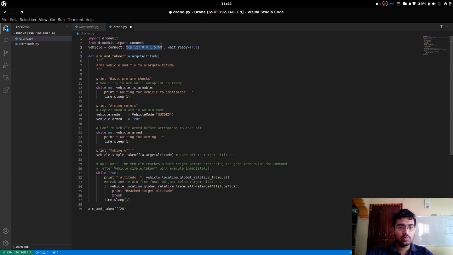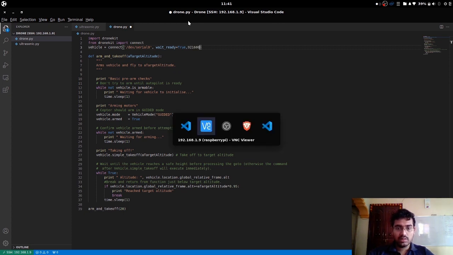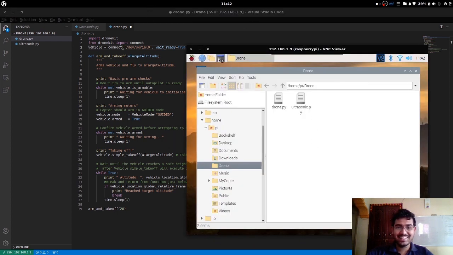Here we'll have to specify our serial port, which was /dev/serial0, wait_ready equals True. And then here I'll have to specify the baud rate, right? Baud rate was 921600. Let me go and recheck my code. I don't remember it.